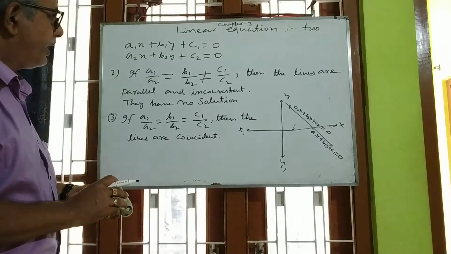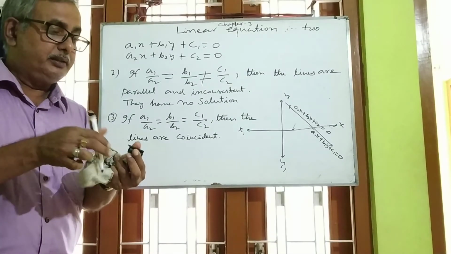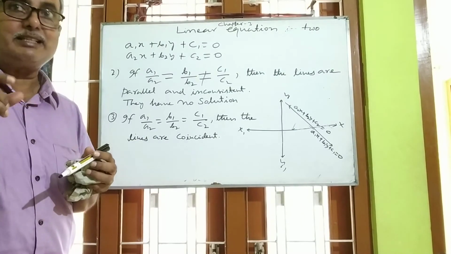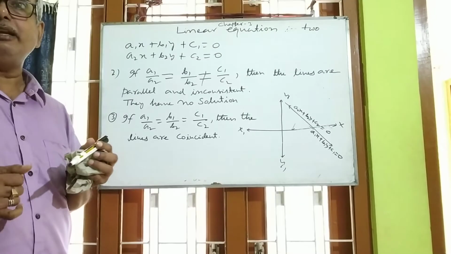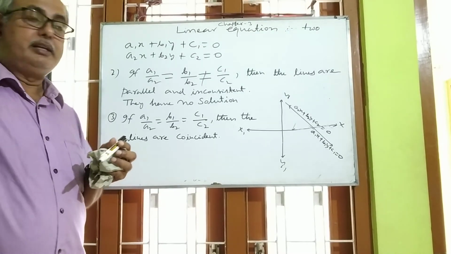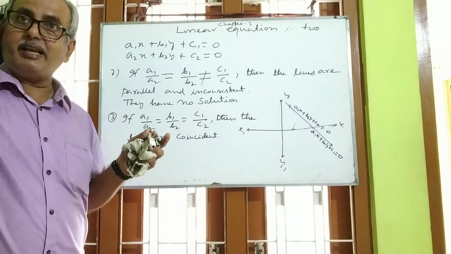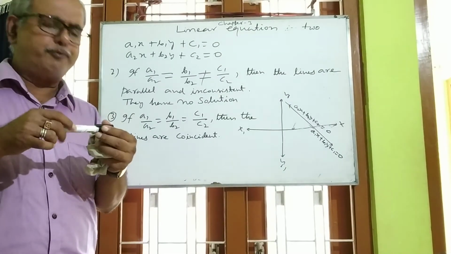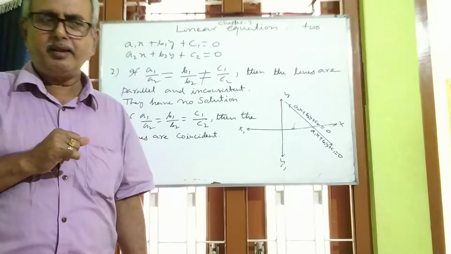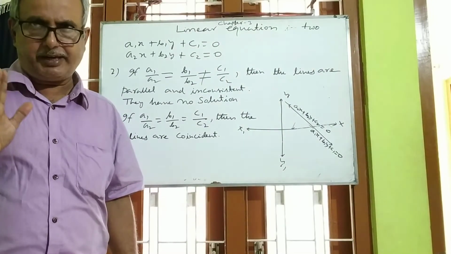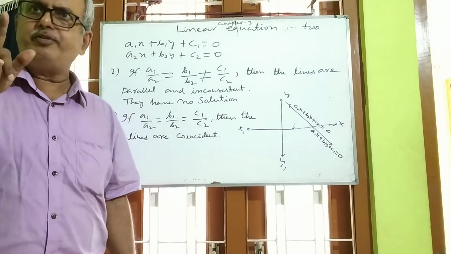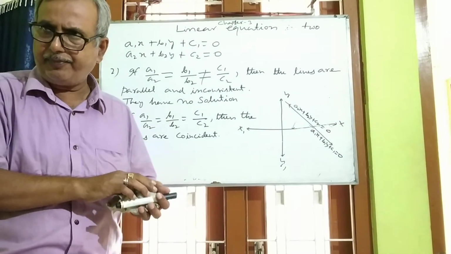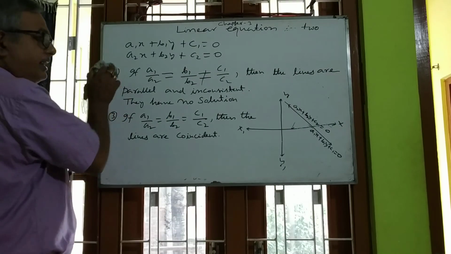So up to here I have taught you. Now the things to be explained. Two equations are given. Find the solution. If the solution exists, that means you have to test. If the solution exists, then you have to solve the two equations. Solve means you have to find out the values of x and y. First of all, you have to test. Only if a unique solution is there, then you have to solve. Otherwise, you are not supposed to solve.